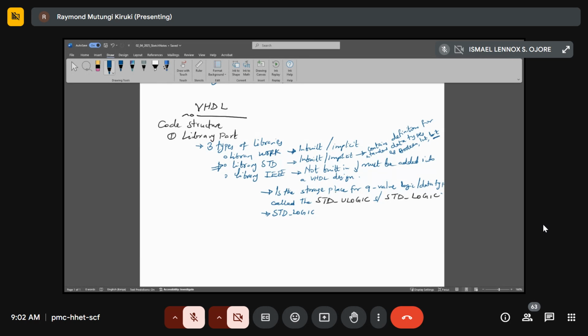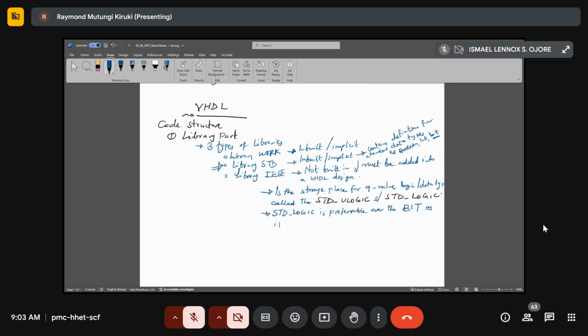So we can note that the standard logic is preferable over the bit data type